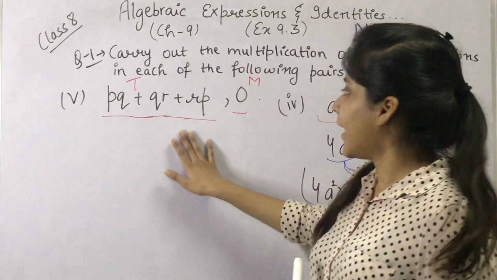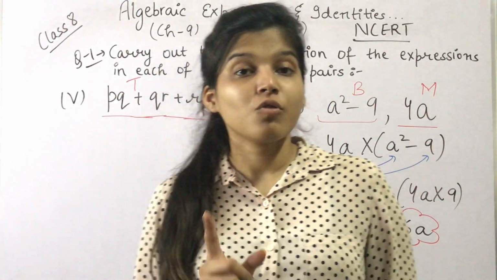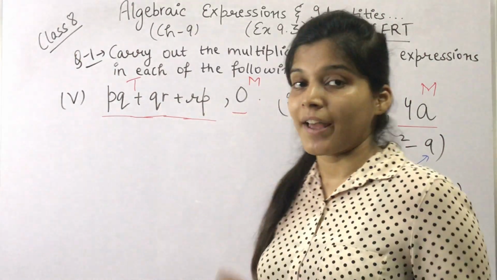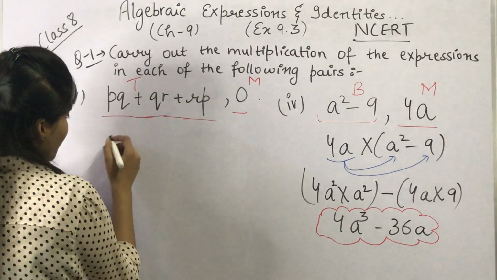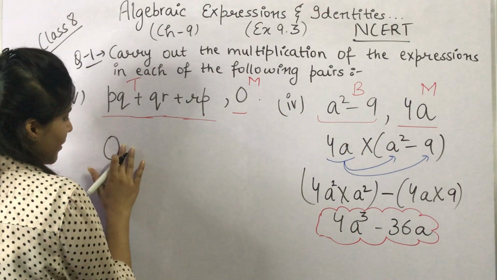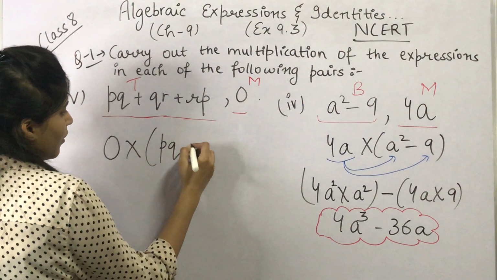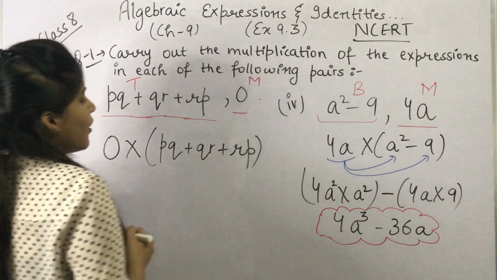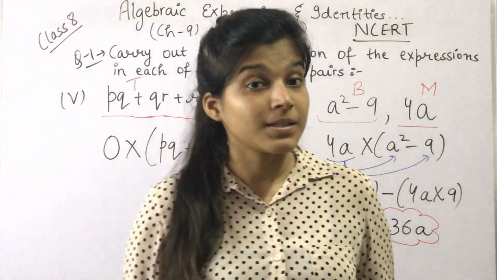right? So एक है trinomial expression and एक है monomial expression, and also मैंने अपनी introduction video में ये वाला example भी करवाया है, right? So अब इसमें हम क्या करेंगे? First we'll write the monomial expression and then we'll multiply it by PQ plus QR plus RP, ठीक है? तो अब हम 0 को मल्टीप्लाई करेंगे इन तीनों अलग अलग टर्म से। कैसे?